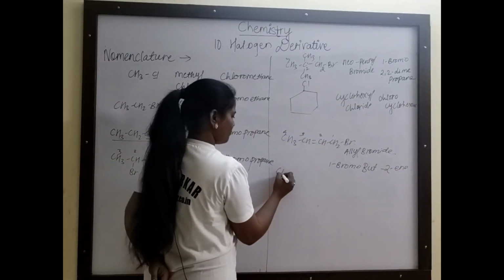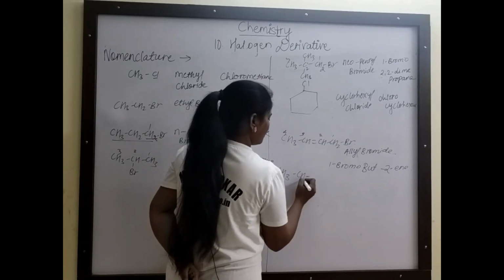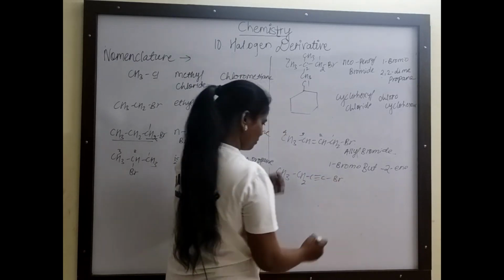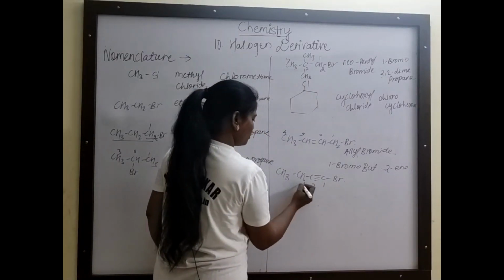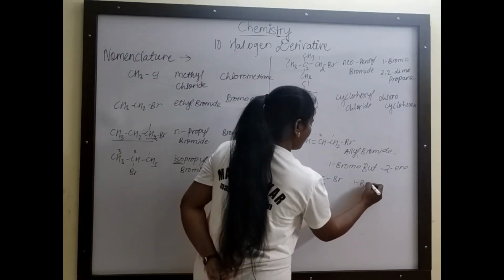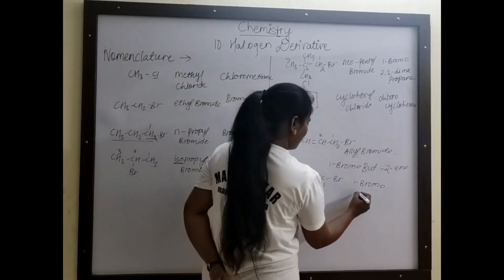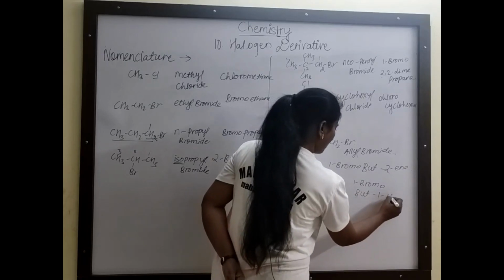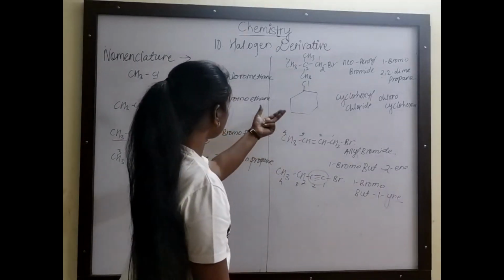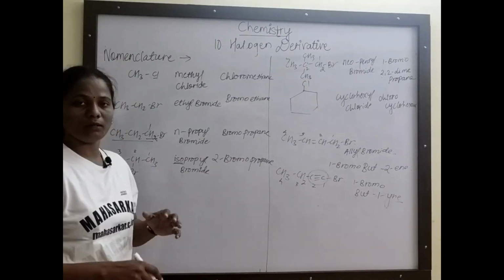One more example we will take: CH3, CH2, C, triple bond, C, and this one will be the bromine. Okay, so it will be 1, 2, 3, 4. So directly we will write the IUPAC name. So it will be 1-bromo. On this first carbon atom, the triple bond starts. So 1-bromo, but, 1-yne. Okay, yne is to show the carbon-carbon triple bond. So these were all the examples we have seen of all types. Okay, so let us move forward to see the preparation reactions.